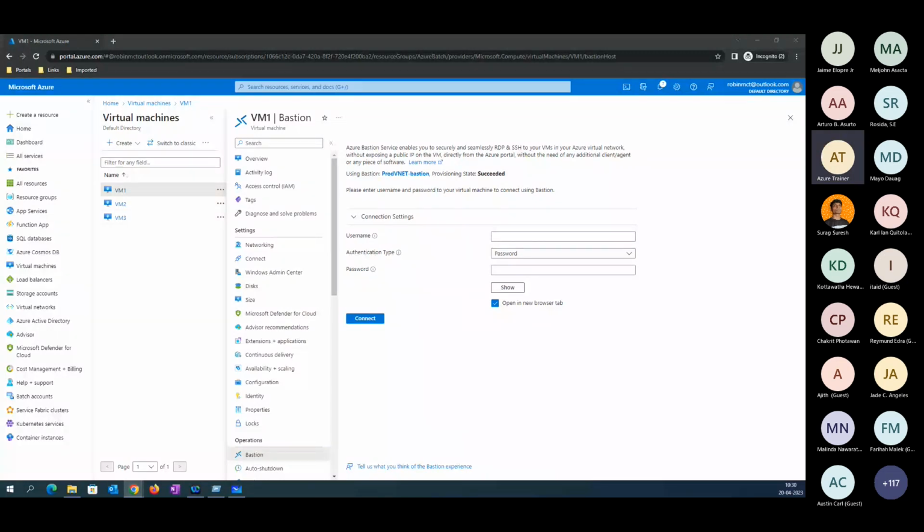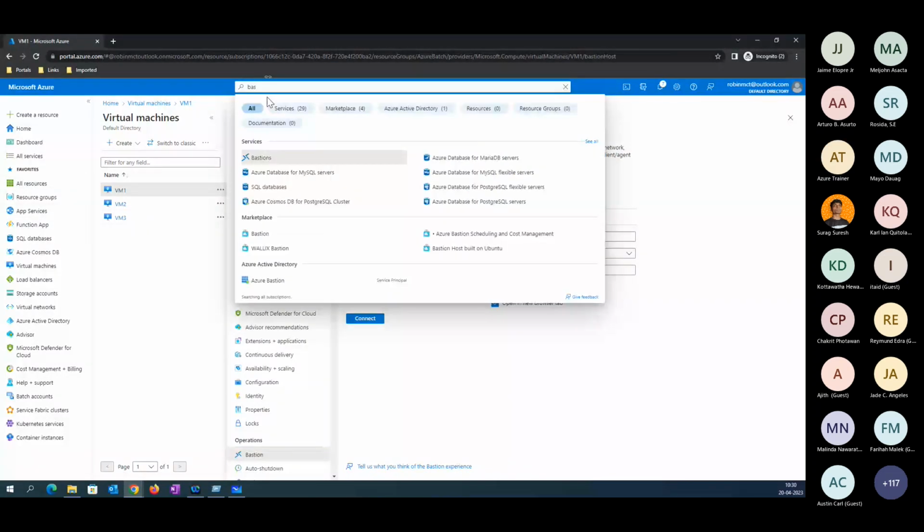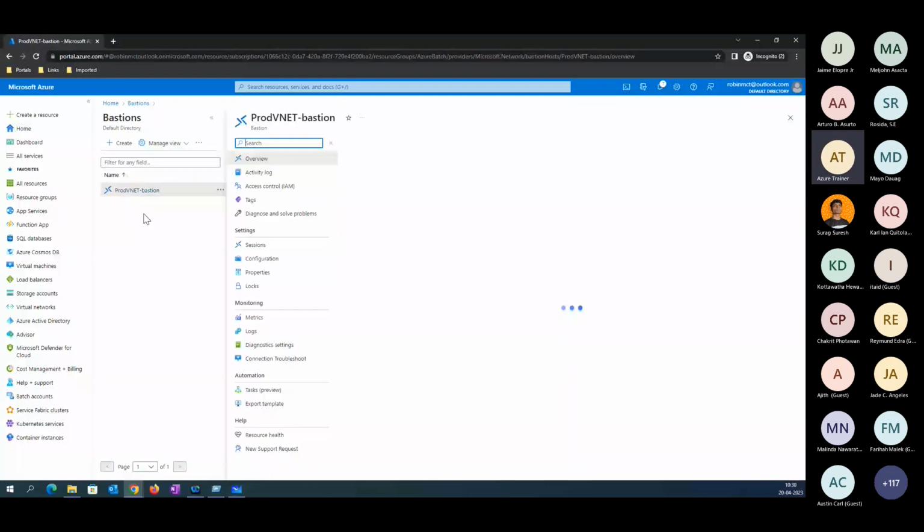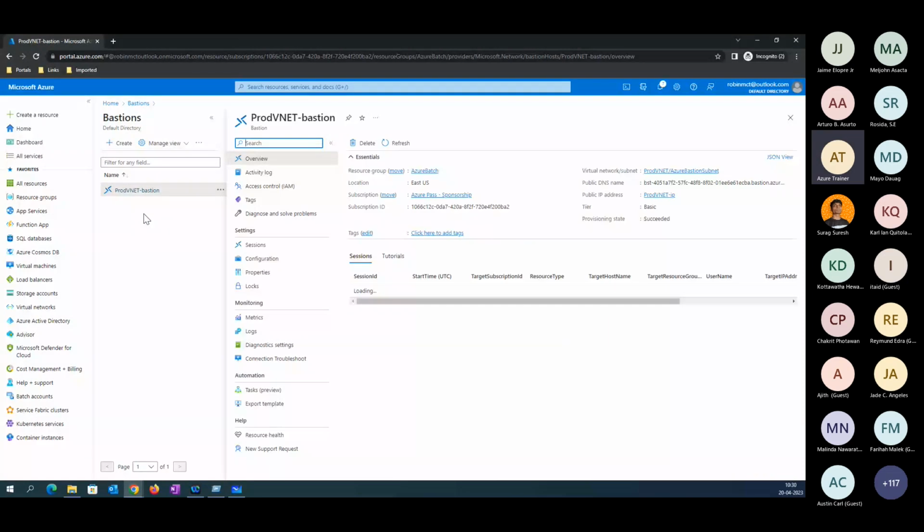So right now you may be able to see on the screen, we have enabled a Bastion service here. If you go to Bastion service, you may be able to see there is a Bastion service enabled inside the East US region. If you select this option, you may see Bastion service has been enabled in a particular VNet.